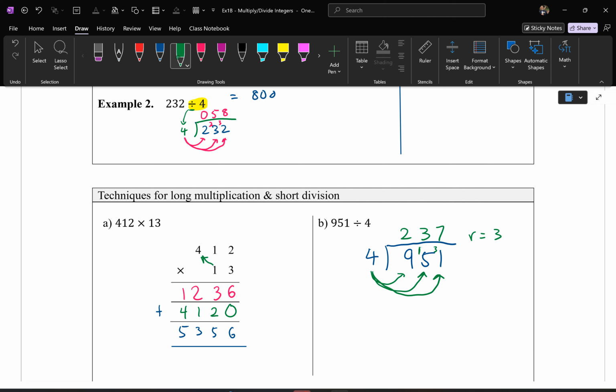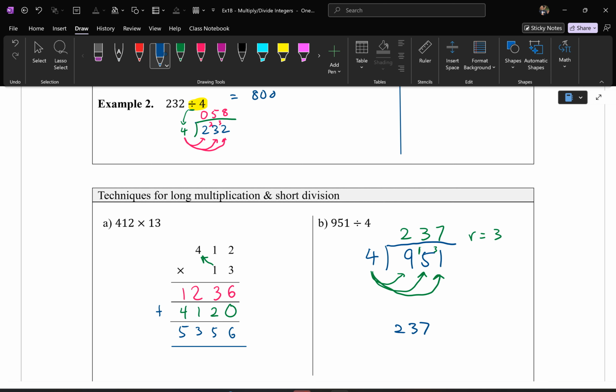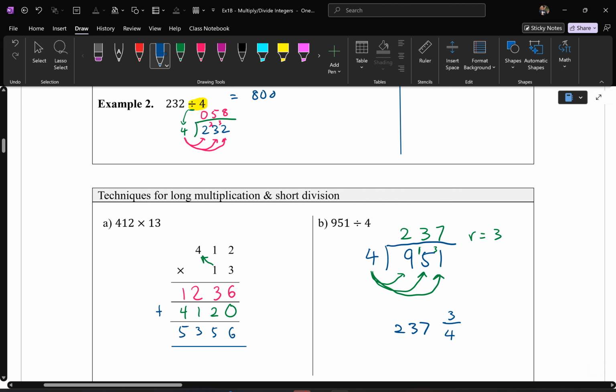Now, out of curiosity, does anyone know how to write that as a fraction? Because that's 237 wholes. What do you do with the 3? Anyone know? Yeah, it is right. 3 over something. What's the number? 4. Was that the answer? It is,